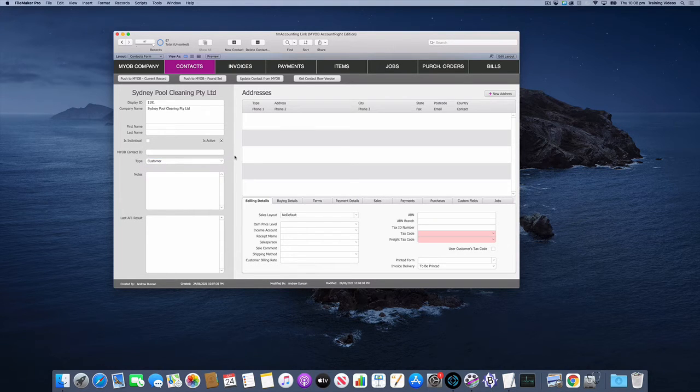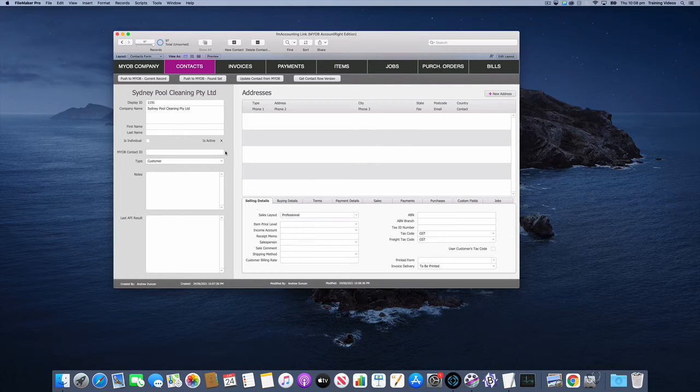And for customers, the tax code and freight tax code are mandatory. If we were to upload a supplier, the tax code and freight tax code on the buy details page would be mandatory. So we'll put it back to customer, and we'll just go and choose the tax code here. So it'll be GST for both. I might enter a few other fields. I'll say this is going to be a professional default sales layout,